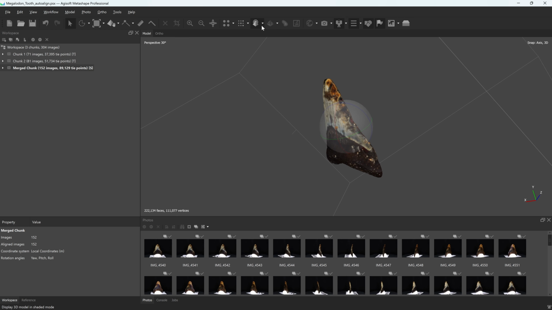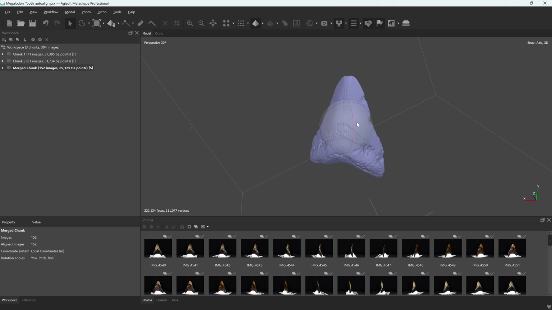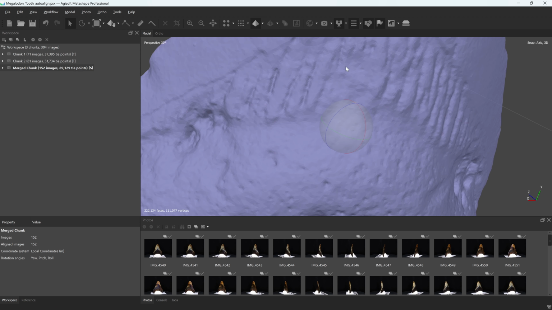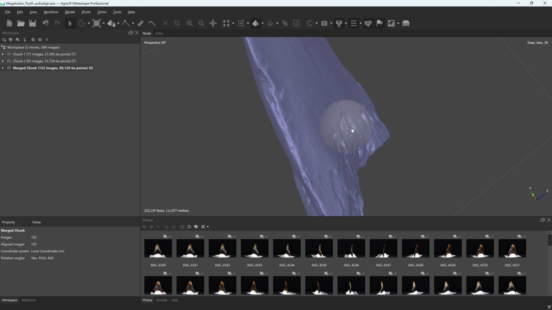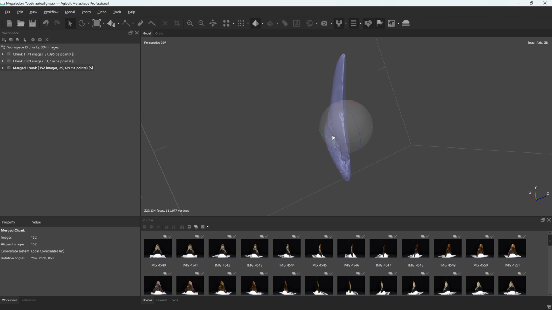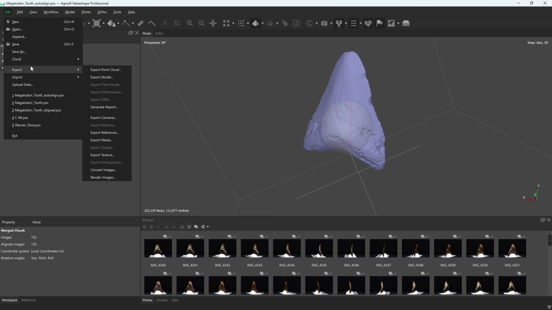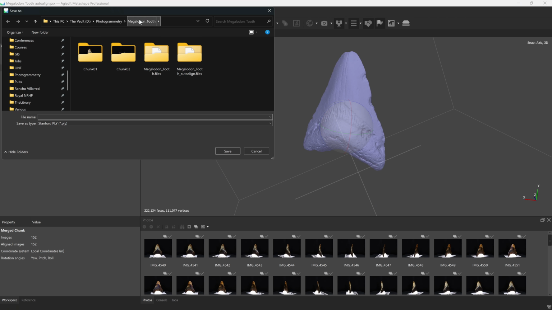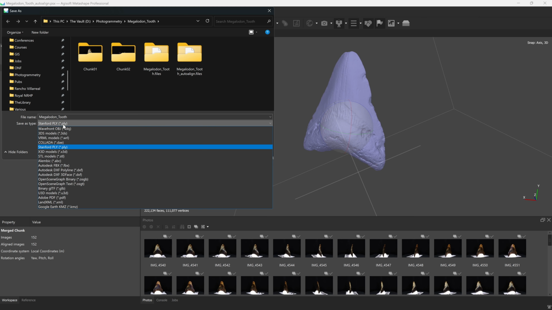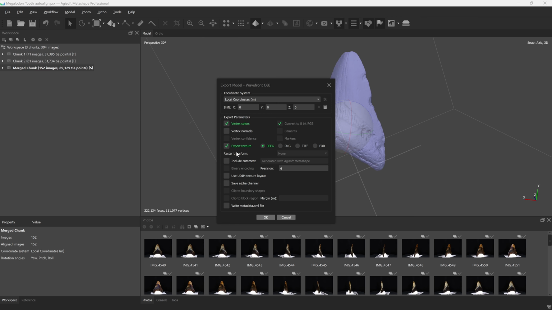You can look at the shaded, which is the colors that are on each point. You can do the solid to really look at the geometry. You can see this is really high quality geometry. If you want to use this, you of course can just export the model. I'll just call it a Megalodon tooth. And the type, let's go ahead and select OBJ, click save, and then you'll have some different